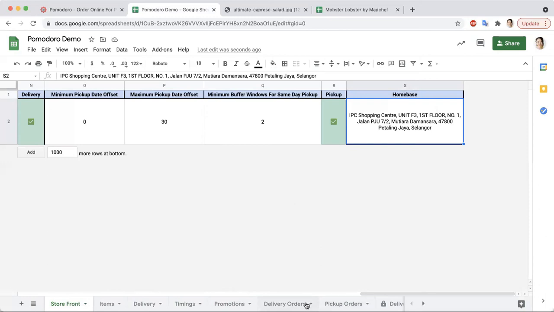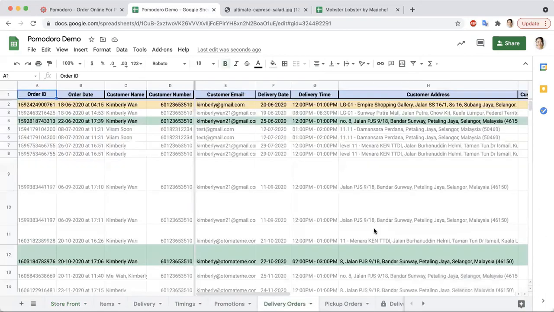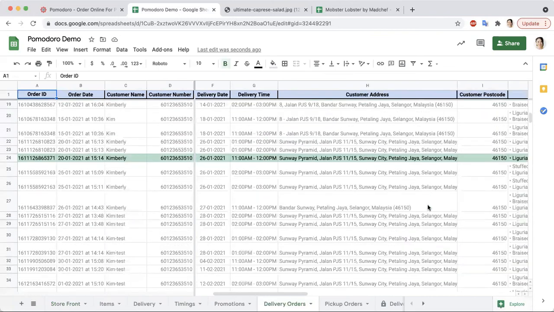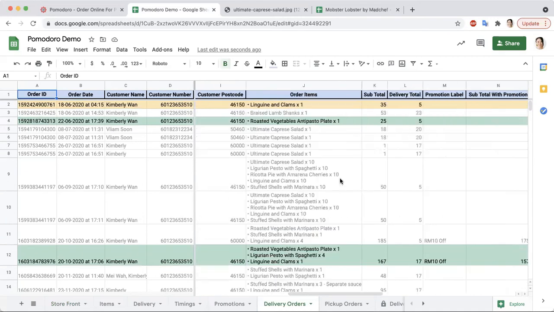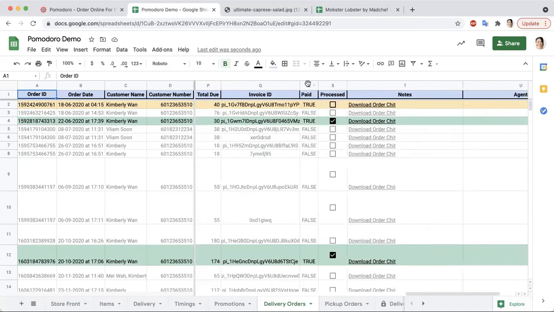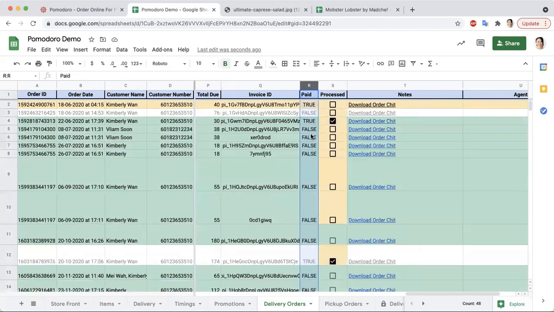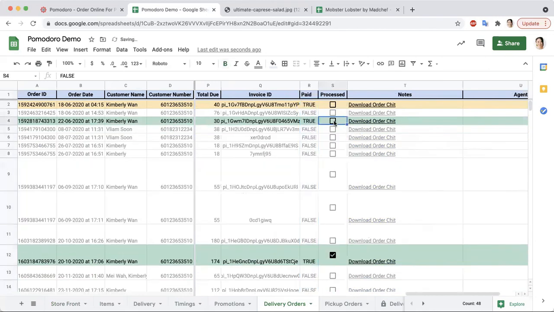These tabs will basically show you all the orders that have come through from your customers. As you can see, orders that are grayed out are essentially people who have started the order process, clicked on submit order, but did not follow through with a payment. As a result, under paid, it will say false. Now, if an order has been paid, the row will turn into an amber color. The information under paid will state true, and you will be able to select